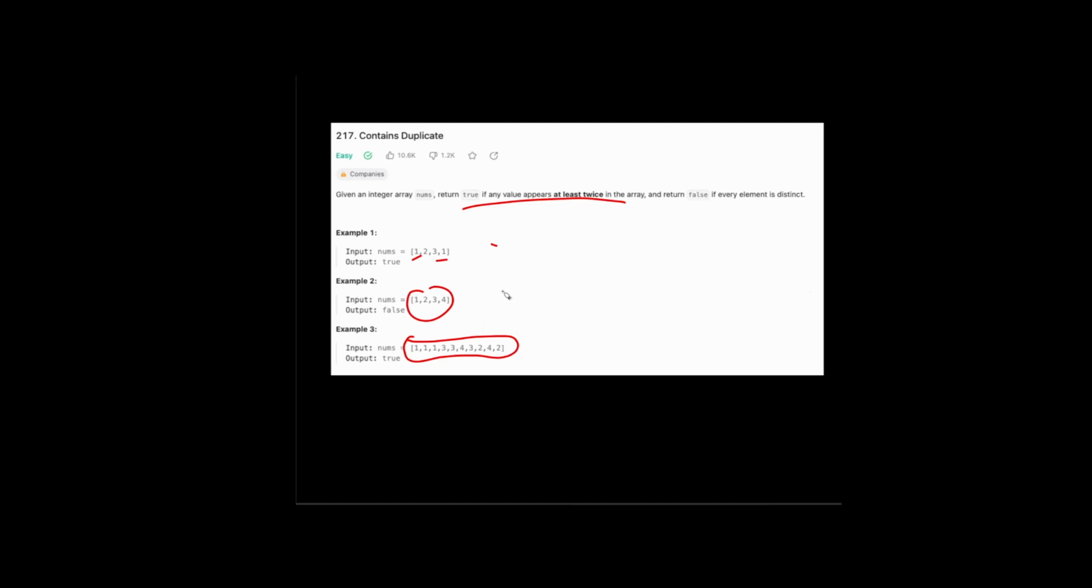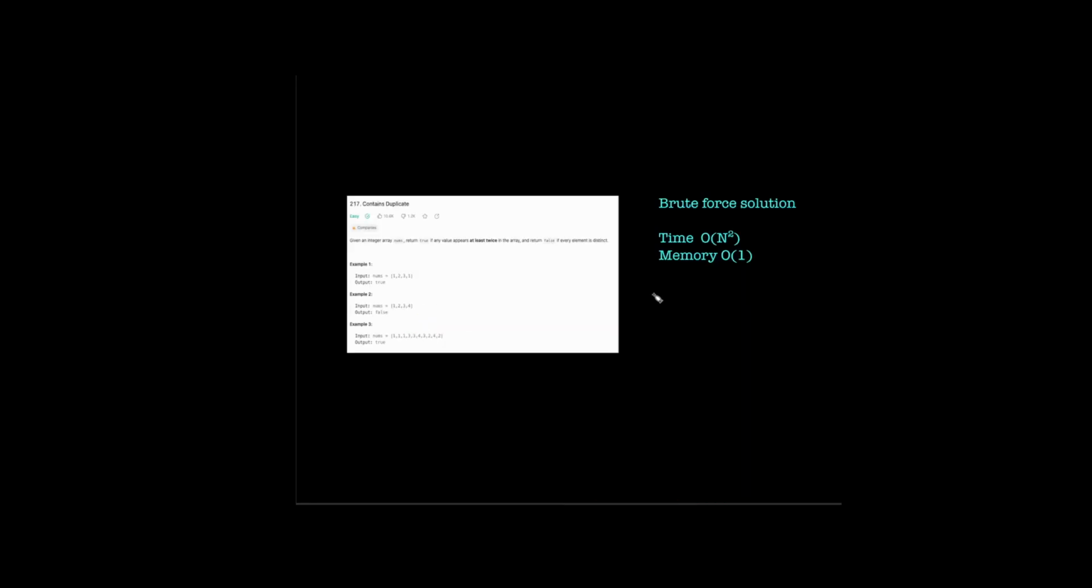Let's have a look into possible solutions for this problem. The easiest way is probably brute force. That's going to be the first solution that I think everyone is going to think of. So let's take this input array as an example. So what we're going to do is choose the first element, compare it with the rest, and see if it repeats. If we traverse using the first element, we're going to find that there is a duplicate, so we can